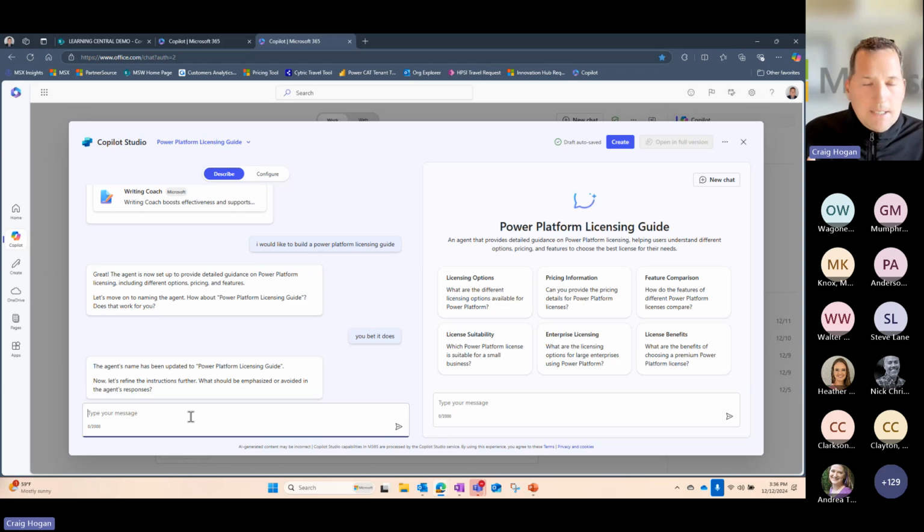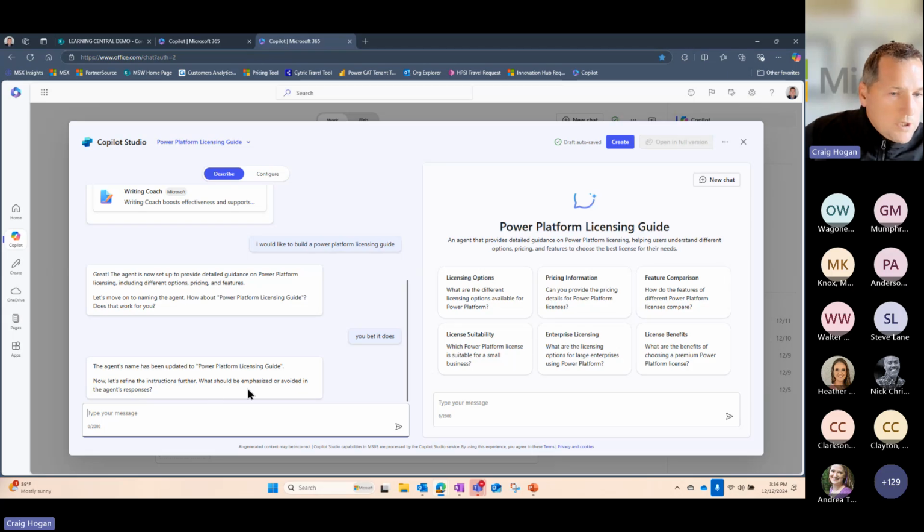And this describe it to design it functionality is throughout Power Platform. So if I want to build a Power App, I have the ability to leverage describe it to design it. I can type out, I'd like to build a registration app. We're hosting an event this weekend. I want to type that in. I can now start to leverage that across the entire stack, and that describe it to design it functionality is going to walk me through.